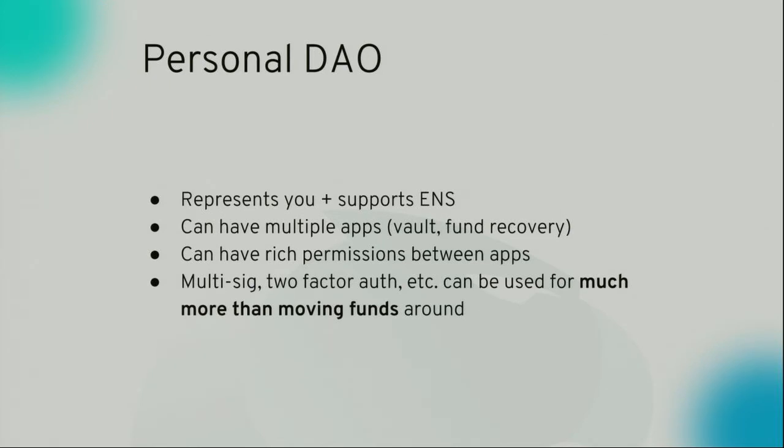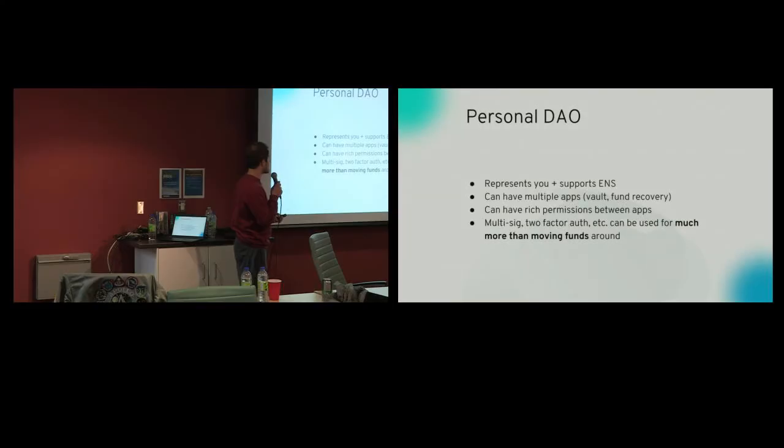This has very good side effects. One of them is if you go to an Aragon organization, it has an ENS name by default. It has an identity by default. So you get that for free basically, and then you also get different apps for free. You can install a vault. You can have fund recovery as an app, and you can have rich permissions between apps and what apps do to each other. And I think one of the cool side effects, and I will put examples here, is